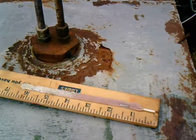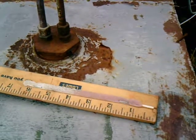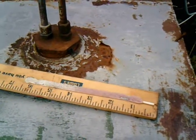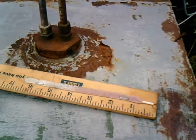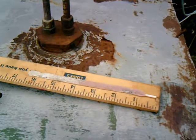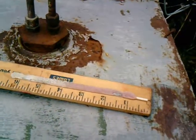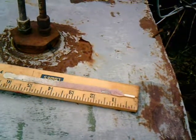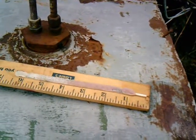Alright, so what I did here was I stapled a shoestring onto my yardstick so that I can see how much fuel is in the tank easier. And you might be able to see it's about 4 inches. Well, I had already raised the tank up the other day, and